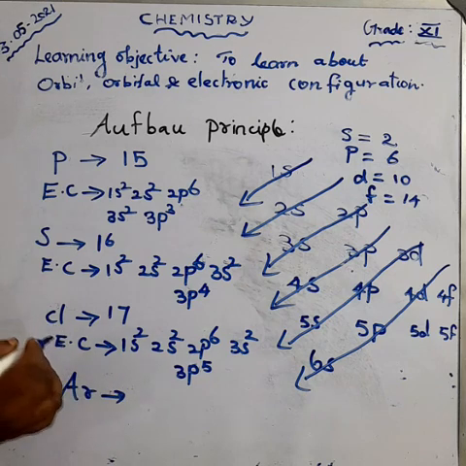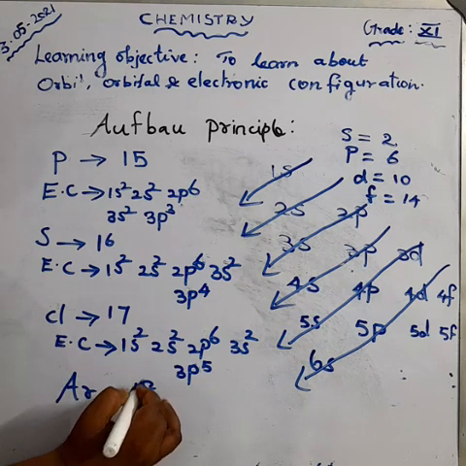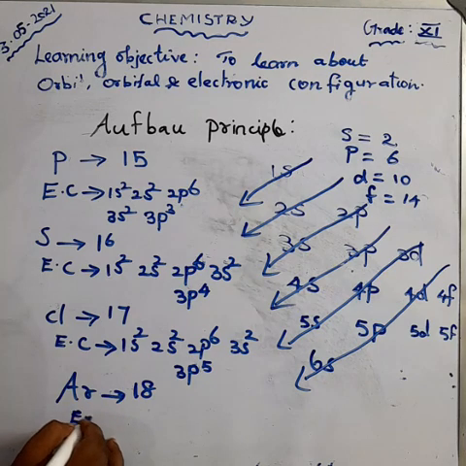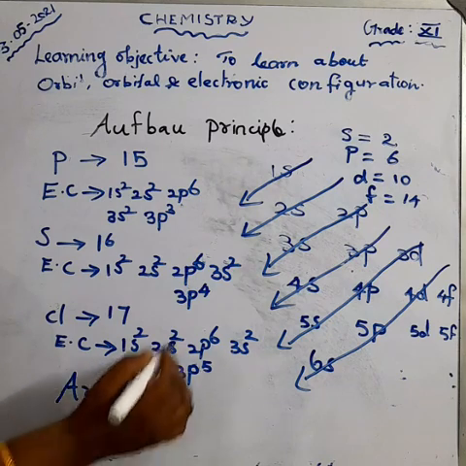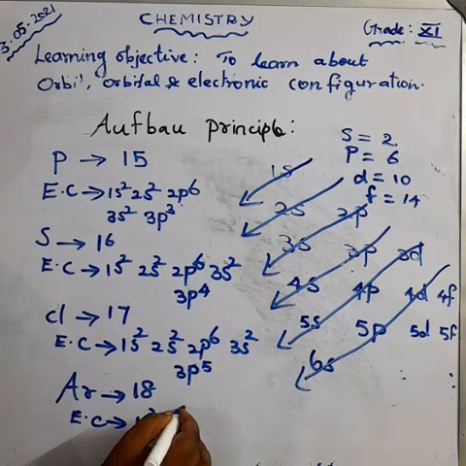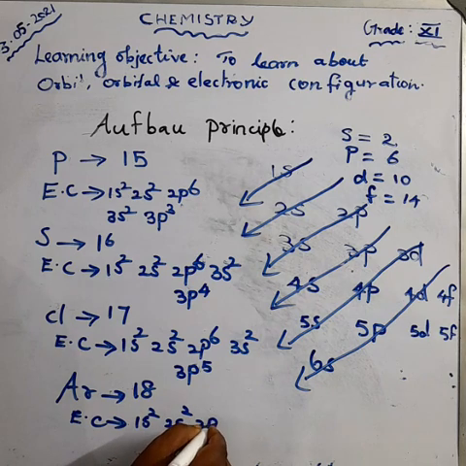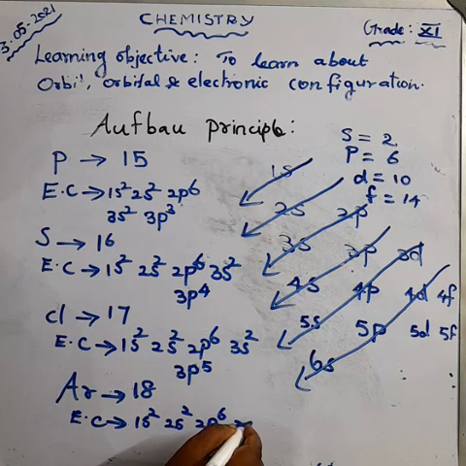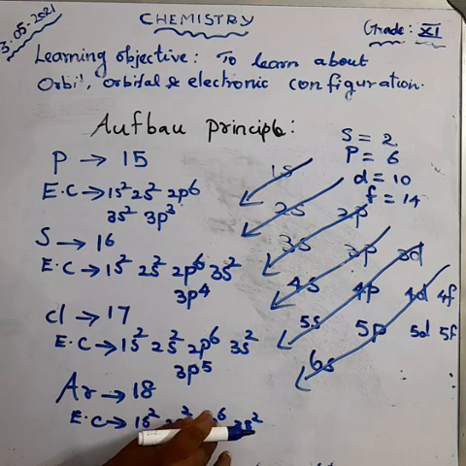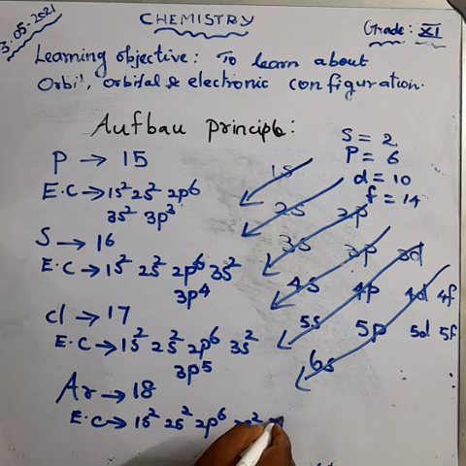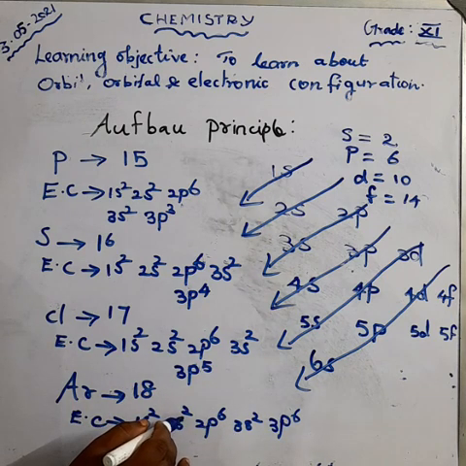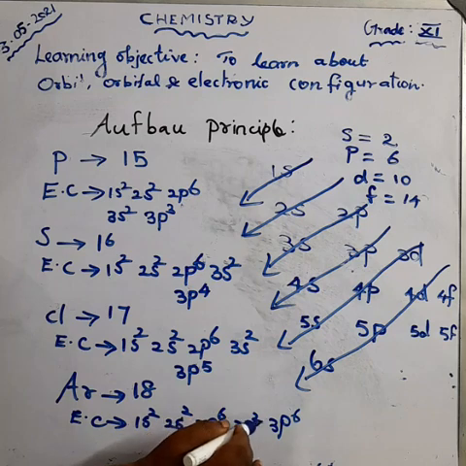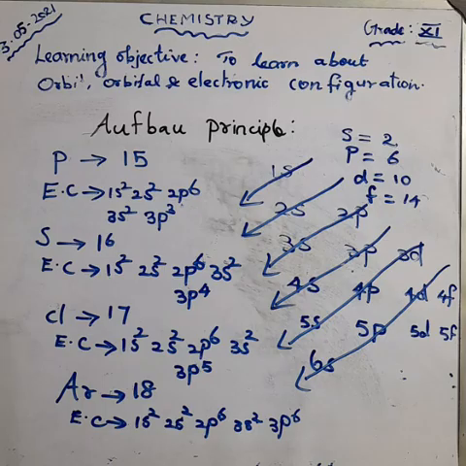atomic number of argon 18. So electronic configuration for argon, how will you write? 1s2, 2s2, 2p6, 3s2, remaining 6 electrons, 3p6. So totally how many electrons? 18 electrons. 2 plus 2 is 4, 4 plus 6 is 10, 10 plus 2 is 12, 12 plus 6 is 18. Okay. And then